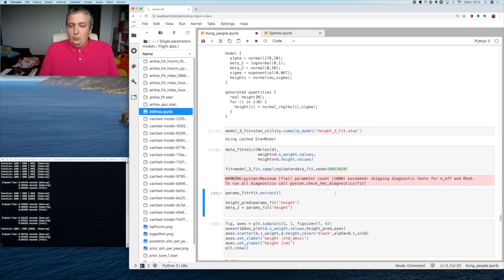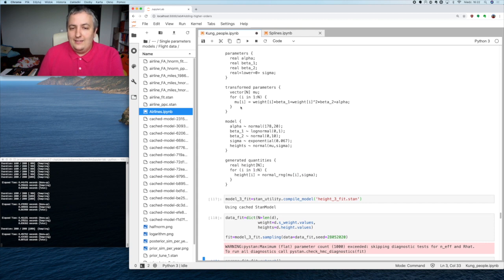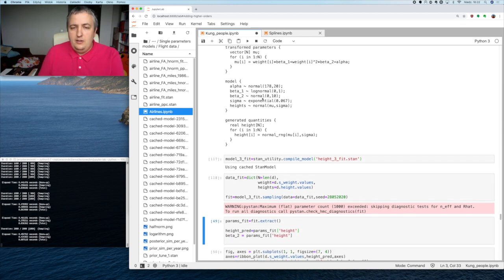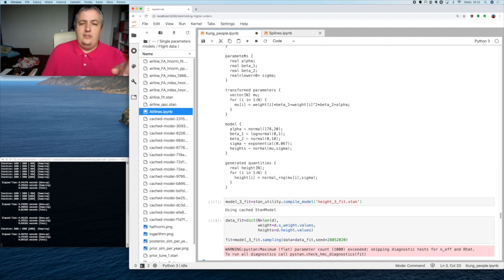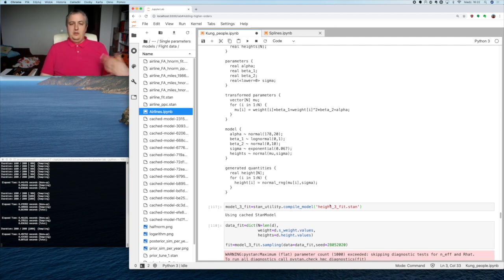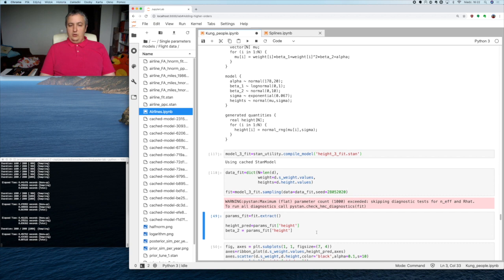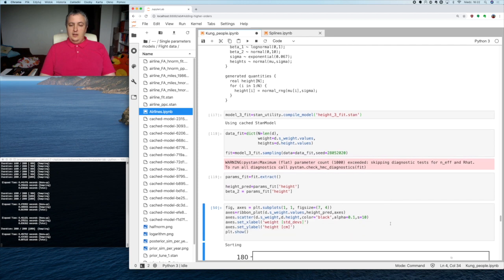And we got information from the diagnostics from PyStan that we have too many parameters, and we have a lot of parameters because we have computed both mu and predicted heights, which are stored. We have over 500 samples, so we get a lot of parameters here. These means are not real parameters, because they are functions of only those few parameters, and no actual inference happens to them, but still there are a lot of them, and we don't need to care about that. So getting those parameters, we can see how it looks,